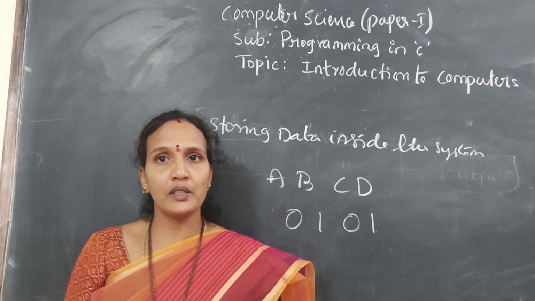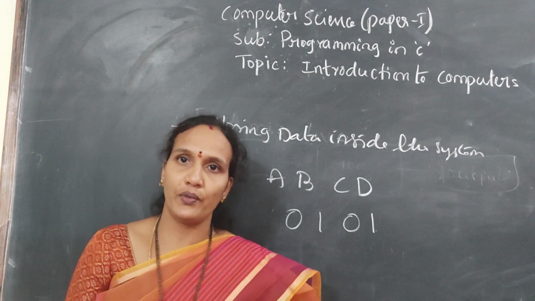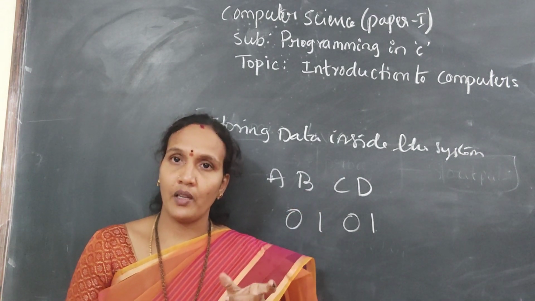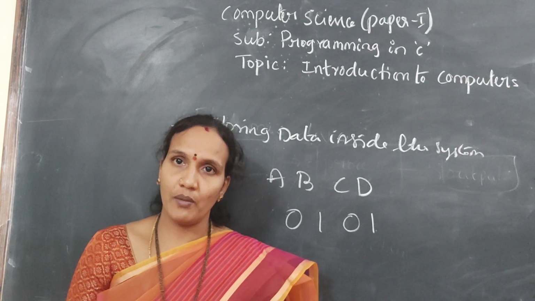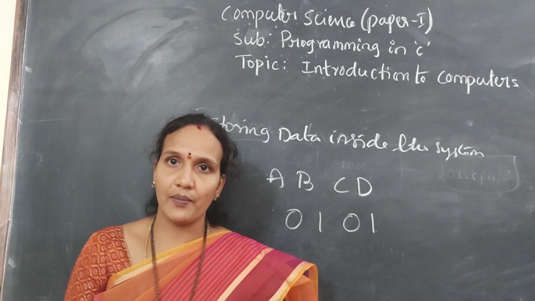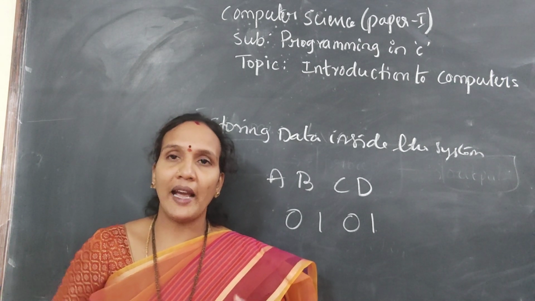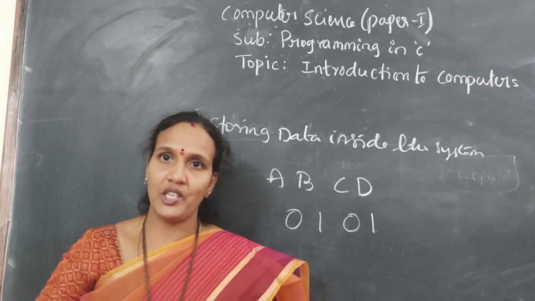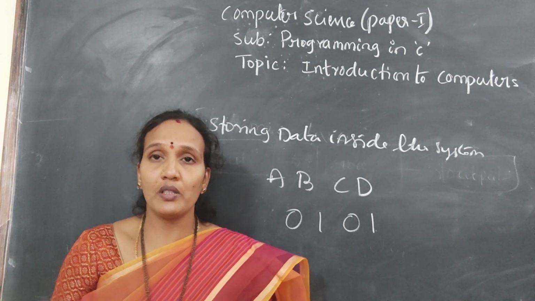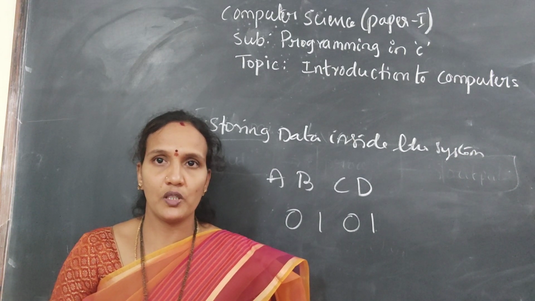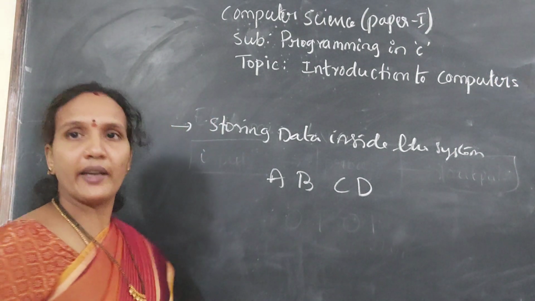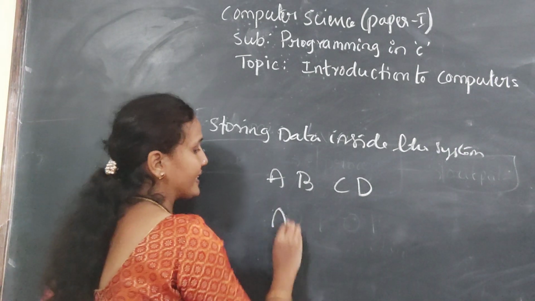But how will you convert a character into a binary format? I have information in a text format, in a character format, and that should be converted into a machine format, a binary format. Directly converting a character into machine language is difficult, because how will you convert a character into binary? It is not possible. So in the system, we have one value called the ASCII value.